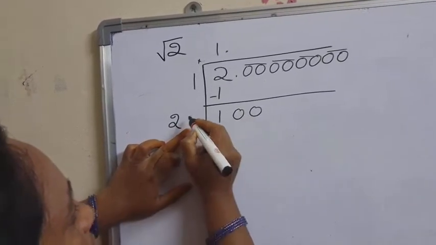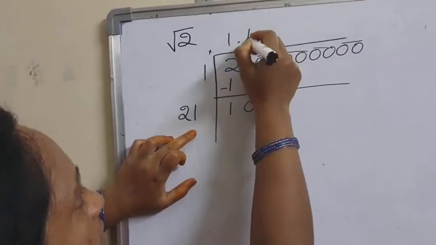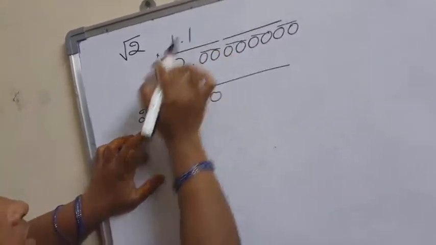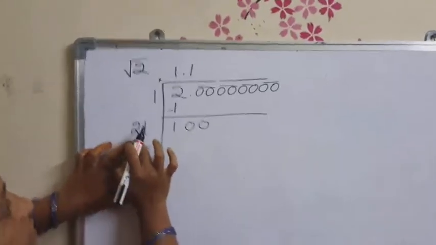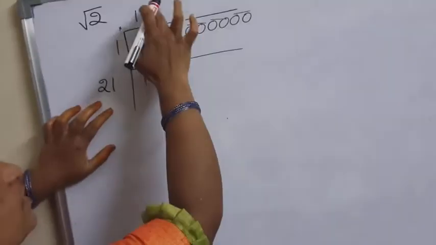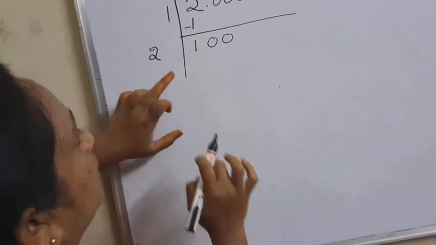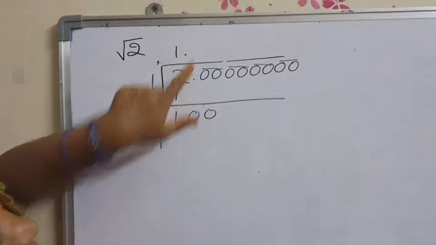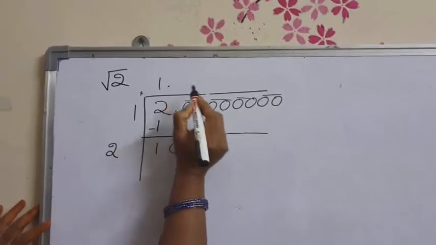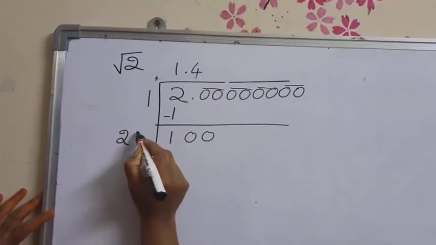Now what integer do you have to take? If you take 1, 1 one is 1. Here you have to multiply this complete new number by this digit. Now 21 ones are 21. This is very small, so go for the next digit, 2. If you write 2 here, 22 into 2 is 44. Again it is less, so our next number is 4.